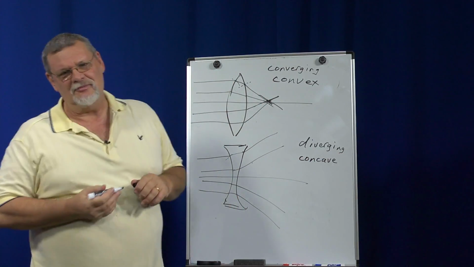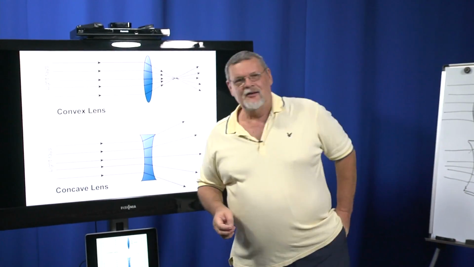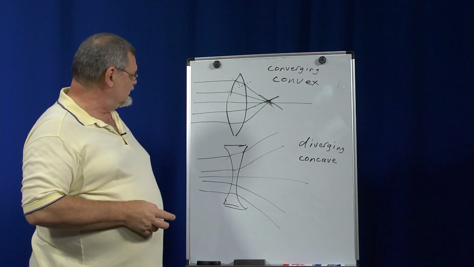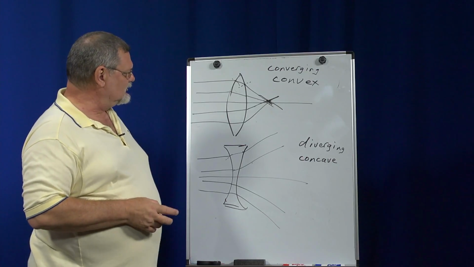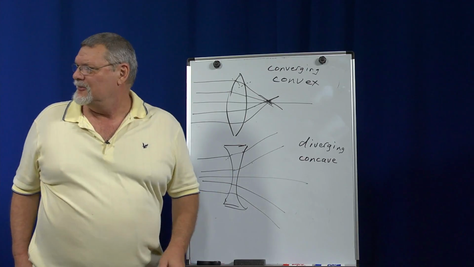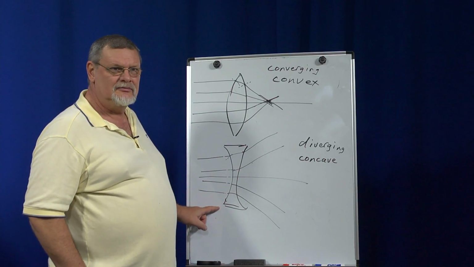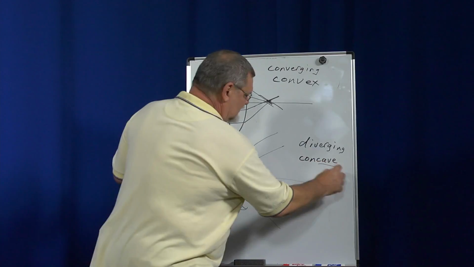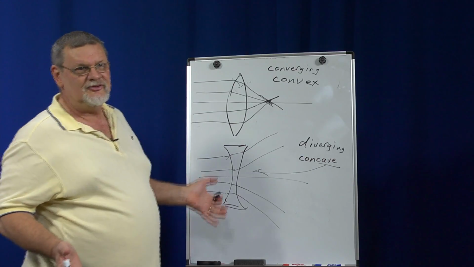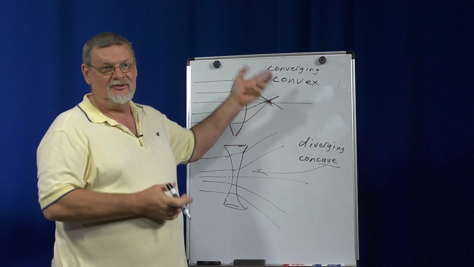All right, so how do you remember these? How can you remember which one's which? How can you remember if it converges or diverges? Which one is a converging lens? Which is the diverging lens? Which one is the concave? Which one's the convex? The concave lens has a cave in it. See, it's caved in. Here's the cave, and you can see that it's caved in. The convex lens is the other one. It's as simple as that. You have two. All you need to know is the one. The convex lens is the other one.